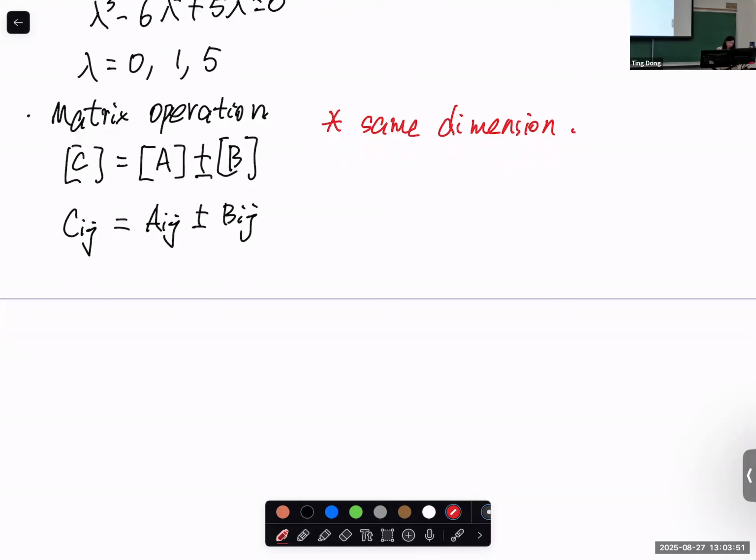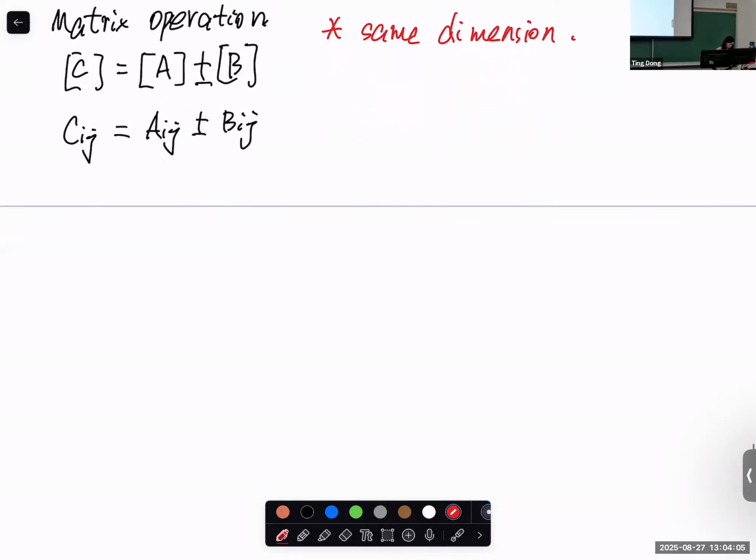For the matrix multiplication, it does not really need to be the same dimension. It's just the second index of the first matrix and the first index of the second matrix should be the same. Then we can do the operation, right? So for the matrix multiplication,